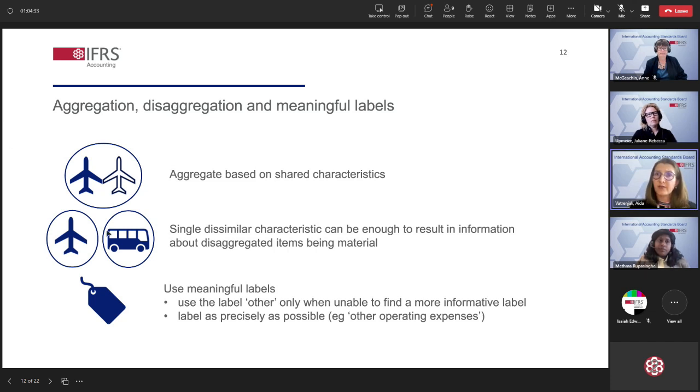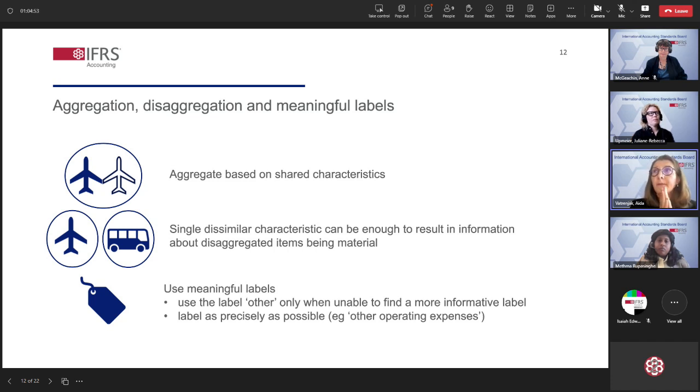So again, here we have not something entirely new. The idea of characteristics and what characteristics are relevant is already in some other standards, but here is a consolidation of that, as well as some additional characteristics highlighted, as you just explained.